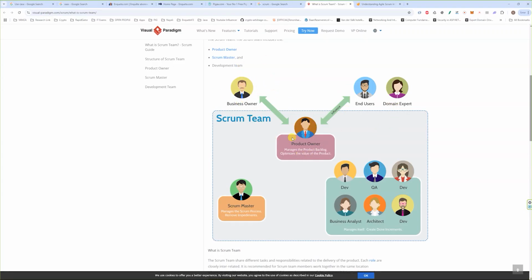As you can see in this square, the product owner is actually in the block of the Scrum team. So we're going to simulate a Scrum team, all of us. The business tells the product owner, okay, these are the things we want before January 2025. We want this feature, this feature, this feature, and then the product owner communicates that with